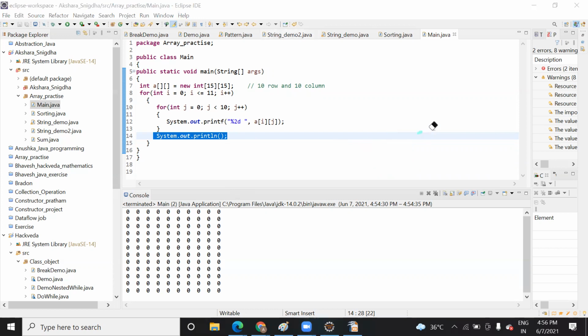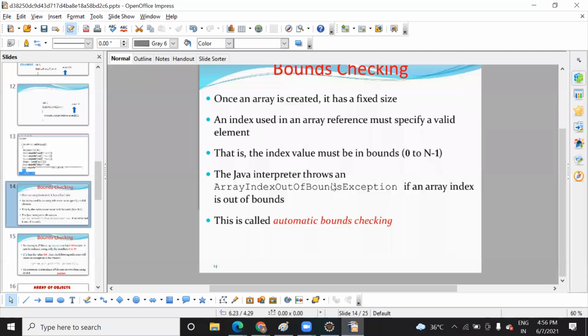So this is called an array, where we work on a group of data. If anyone asks you what is array index out of bound, it is very simple. If you have declared a size in an array and you want to fill the data more than that, then it will give an index out of bound.